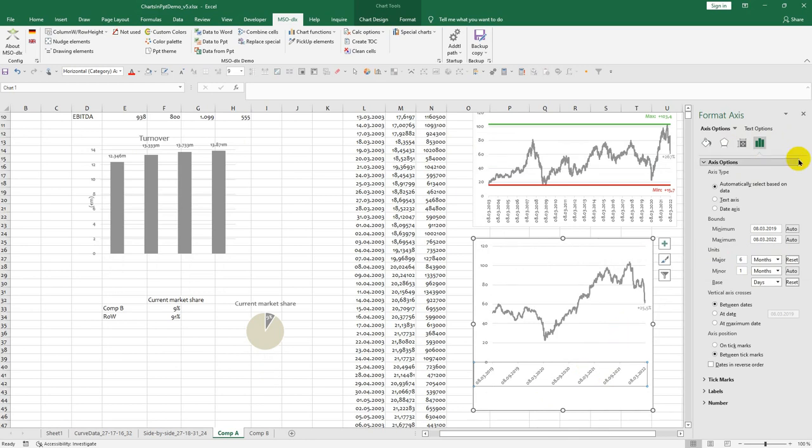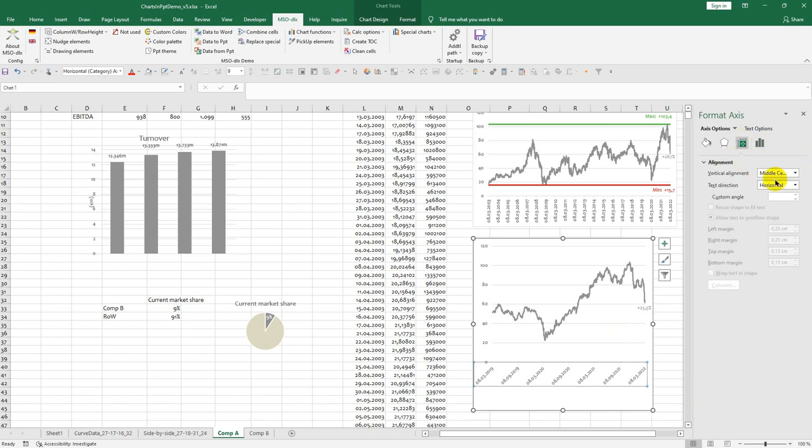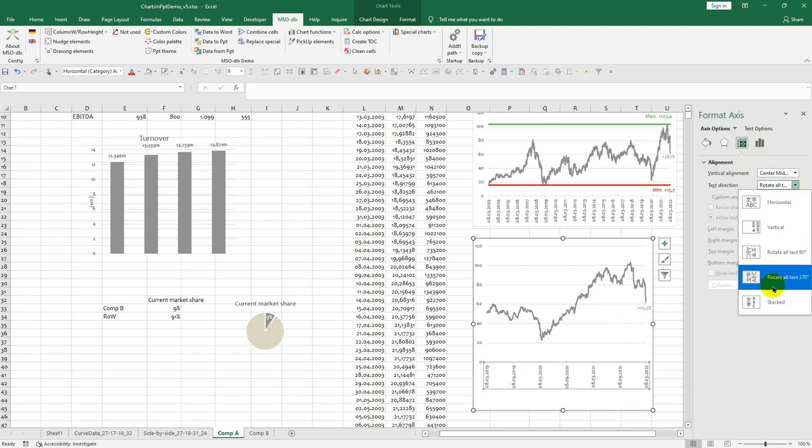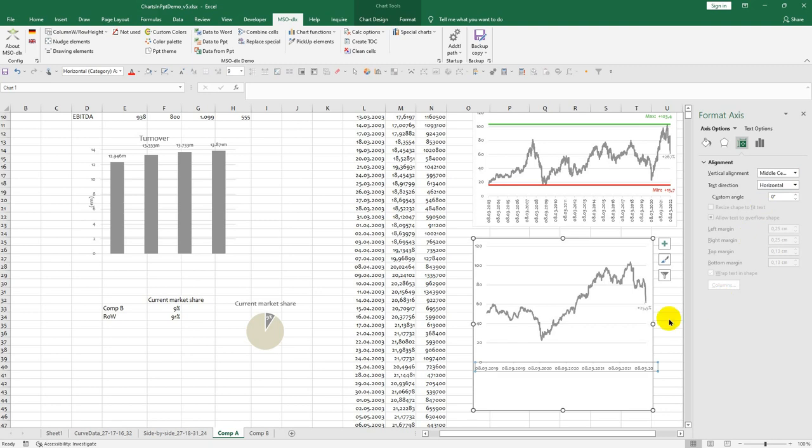And not sufficient space to have the data label horizontal. No, then we'll change it to vertically. No, I want to have it horizontal, and